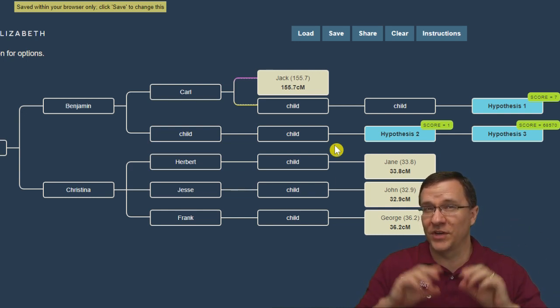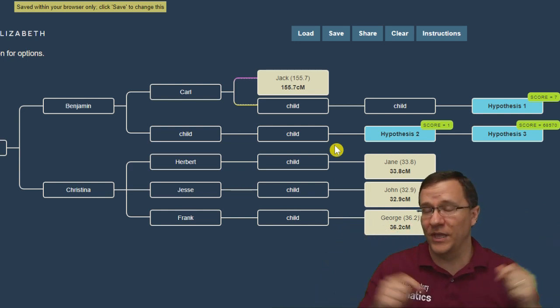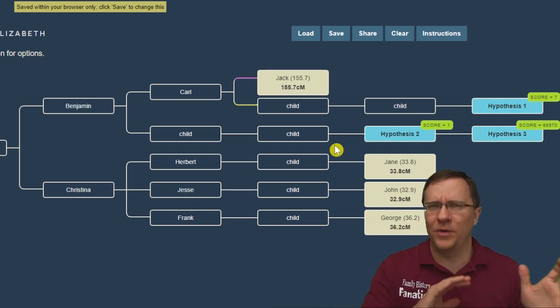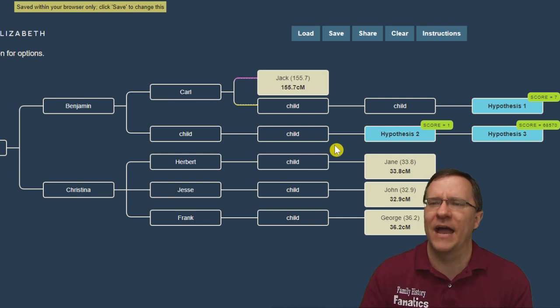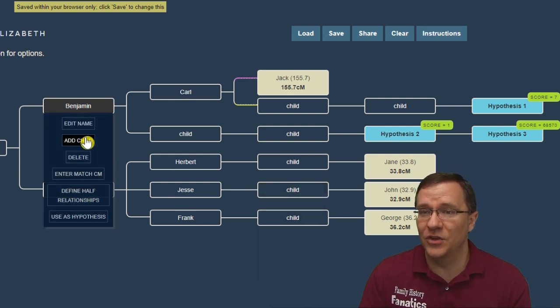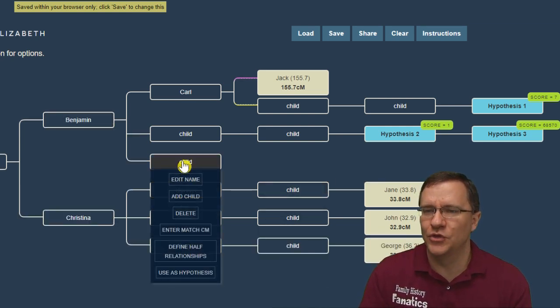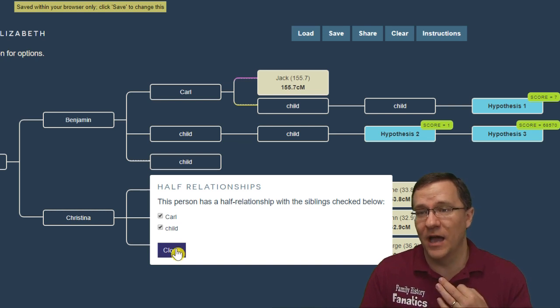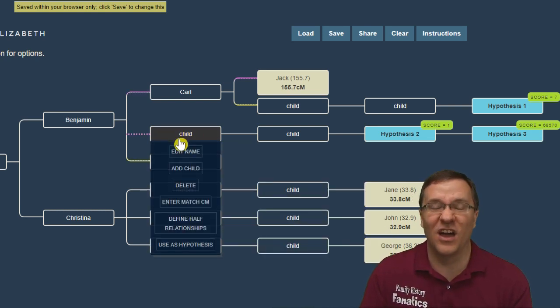Now, the thing to always remember with the WATO tool, and one thing that the shared cM project isn't always going to show, particularly when you get out to more distant relationships, is half relationships. There's always the possibility that somebody's descended through a half relationship. So what I can do is I can add another child to Benjamin, and now I'm going to define a half relationship, and I'm going to say that this person is a half sibling of both Carl and this other